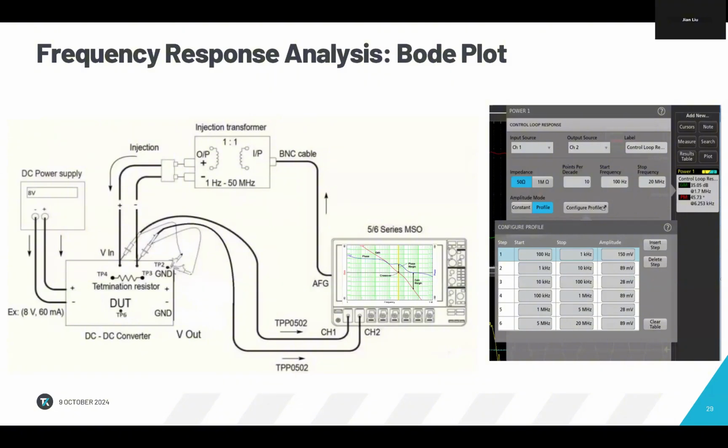And also, right now we are using faster switching components. We also have a huge loading change for our power supply output, so we need a stable control loop. Right now, more and more power supply and EV manufacturers care about this kind of frequency response analysis, like Bode plot. And normally,